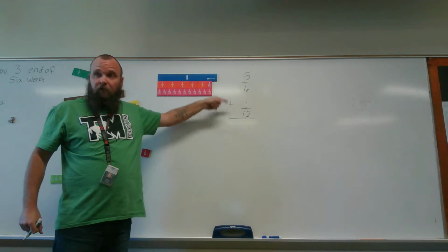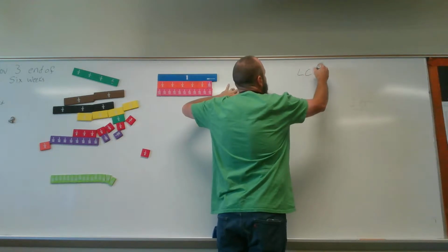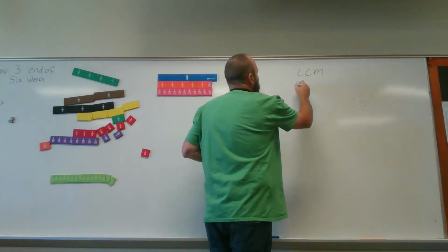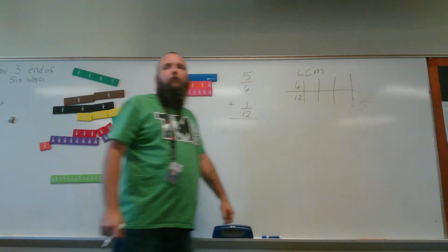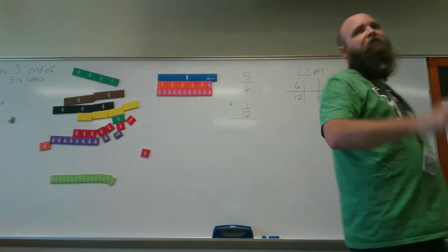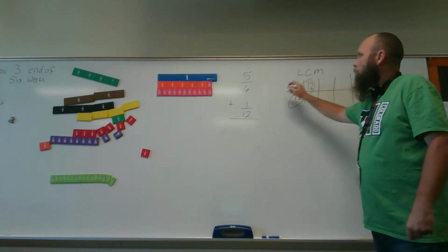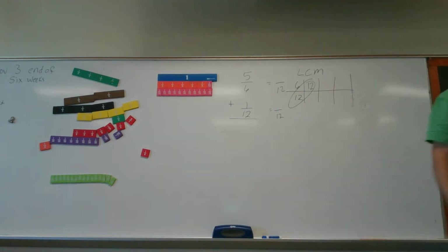First of all, they don't have the same denominator. I need to find the least common multiple for my denominators. And we had a sheet where we practiced least common multiple. We had 2 of them. So my denominators are 6 and 12. I'm going to list my multiples of 6 and my multiples of 12 until I find the least common multiple, which is what, Ashley? 12. So now that's my least common multiple, also called my least common denominator when I'm using it in